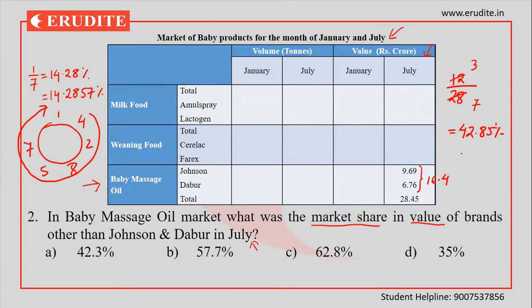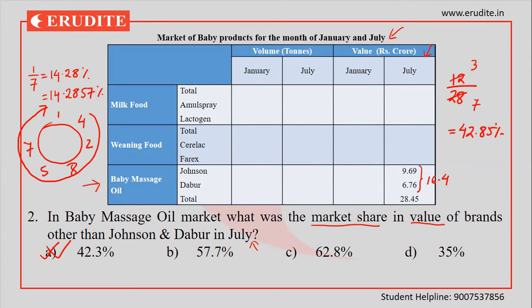42.85% approximately, and this is nothing but 42.85, option A. This would be the answer. So this way, one after the other, I am removing parts from my mind and finally calculating whatever is required. So 3 by 7 is approximately 42.85%, and 42.3 is given. So that should be my answer in this case.